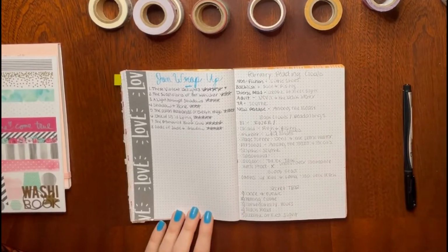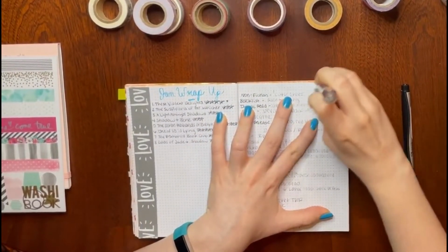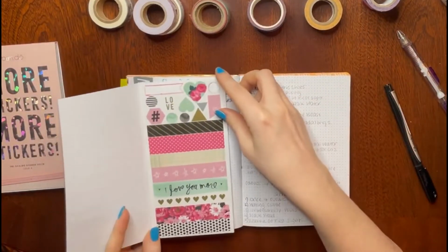All right, let's get started into my February plan with me. So as you can see, I wrote out some of my plans already in pencil. This was for my February TBR video, which I'll put a link to in the cards